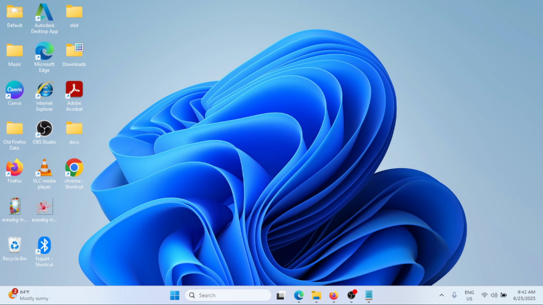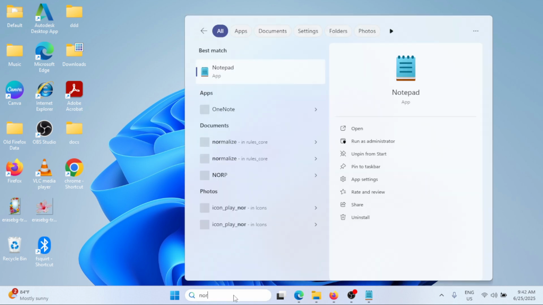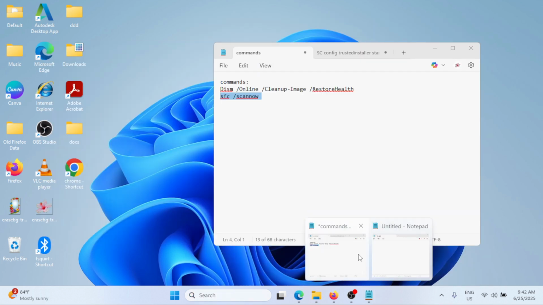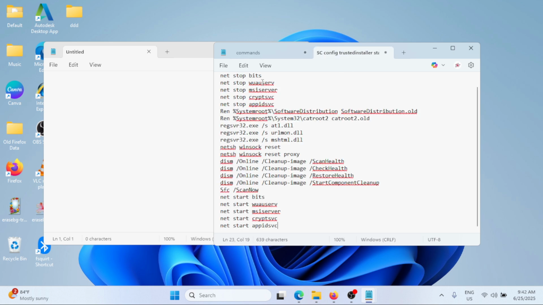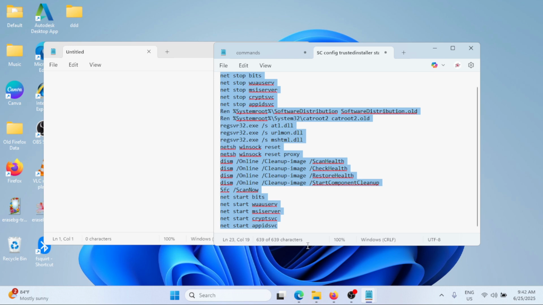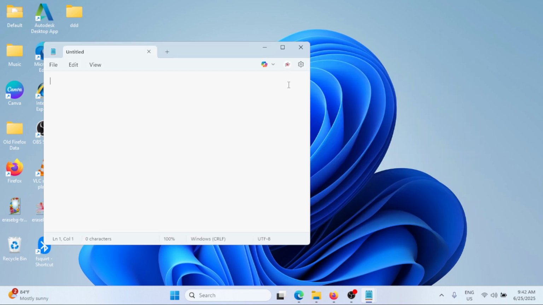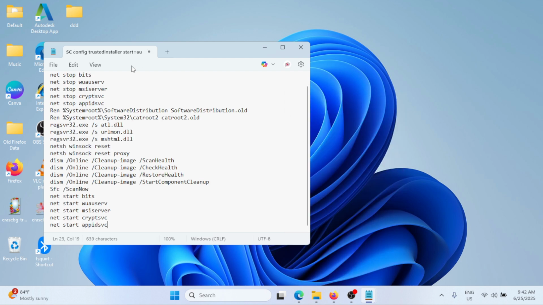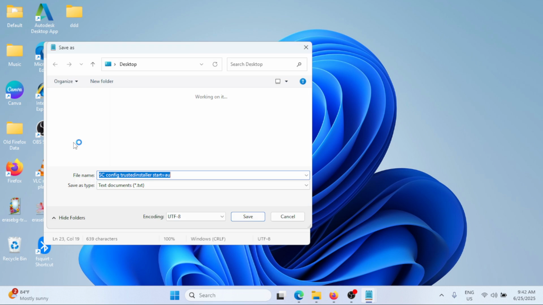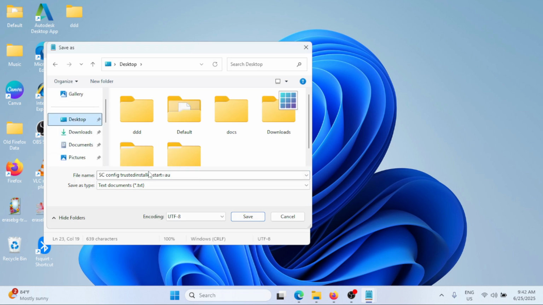For the final method, go to the Windows search bar and type Notepad. Click on it. Copy the command which will be posted in the description box below. This one. Simply copy this script, and then Control V. Then click on the File tab and then click on Save As. Click on the desktop and then just simply name this as